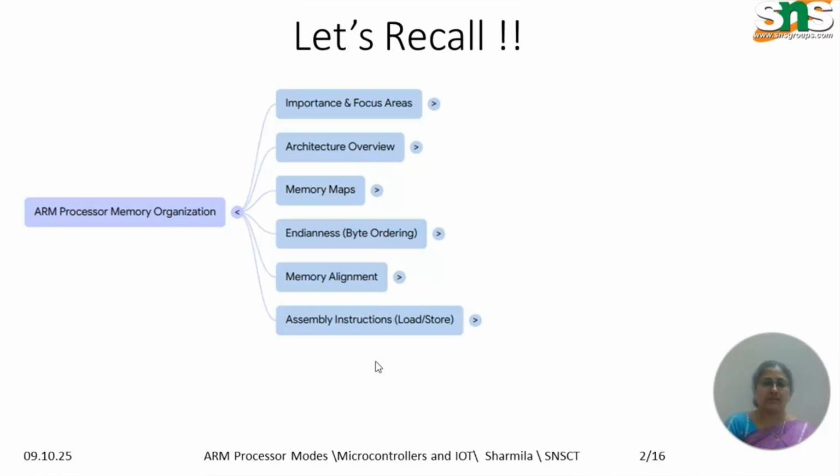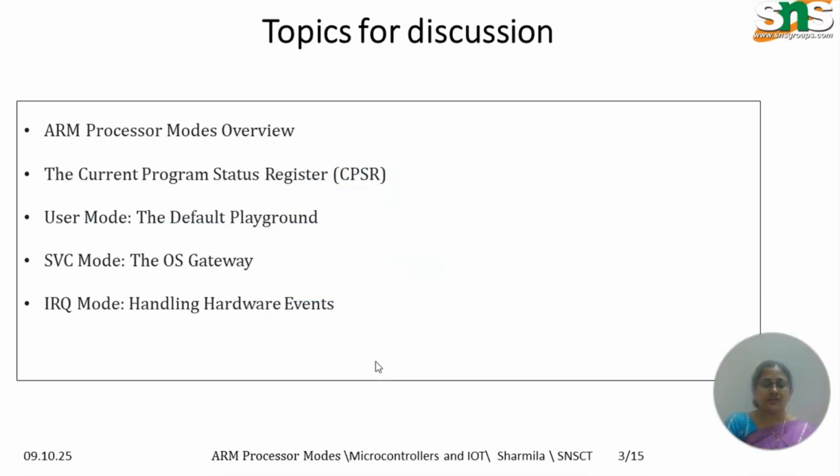In that, we focused on important areas: architecture overview, memory maps of the ARM processor, and endians, that is byte ordering and little endian and big endian modes, memory alignment and assembly language instructions, that is load and store instructions. And today's topics for discussion begin with the ARM processor modes overview, the current program status register CPSR,